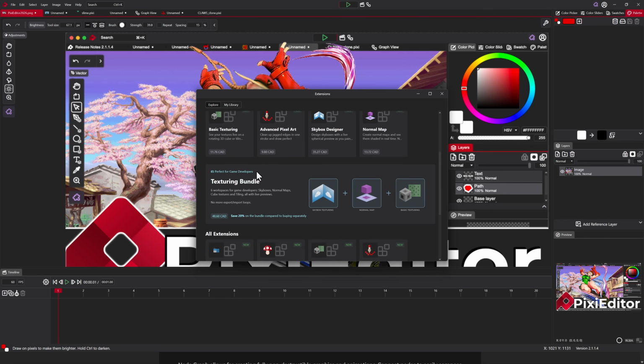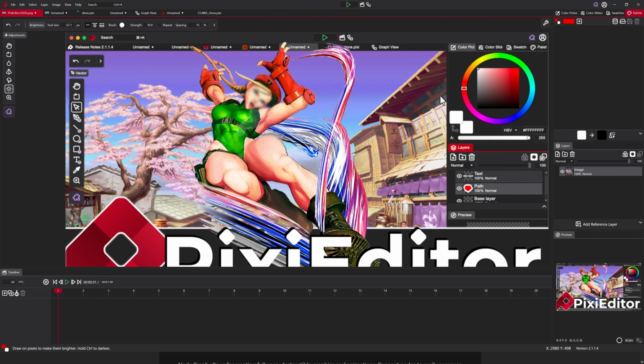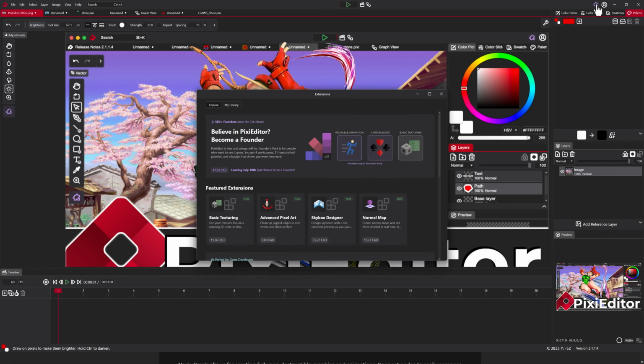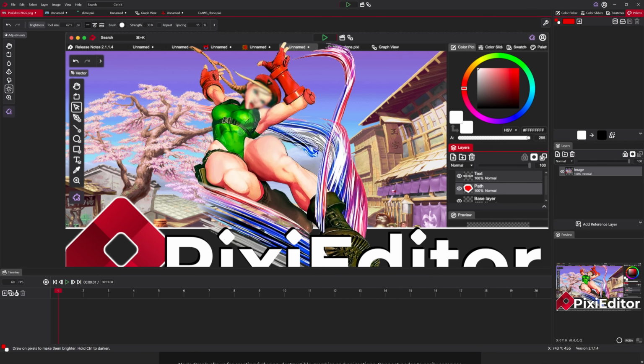But you see here, they've got extensions like for advanced pixel art, skybox designing, normal map creation, and basic texturing, so you can see your textures live on 3D objects directly inside of it. But none of those things are required. They're good to haves, and it's a way of financially supporting the company behind it. I actually like that approach. And you can see up here, same thing, it's there as well. I kind of wish it was only in one spot, but that's my only small quibble